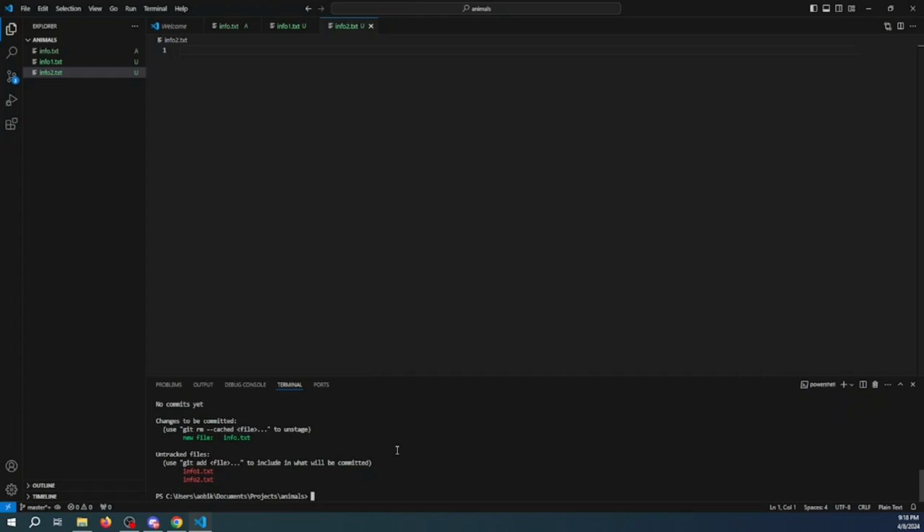So right now I'm going to use a command to move these two files, the info1 and the info2, into the staging area. I'm going to use git add and this dot. This dot is kind of like saying everything inside this directory, I want to add it to the staging area. So when I hit enter on this,